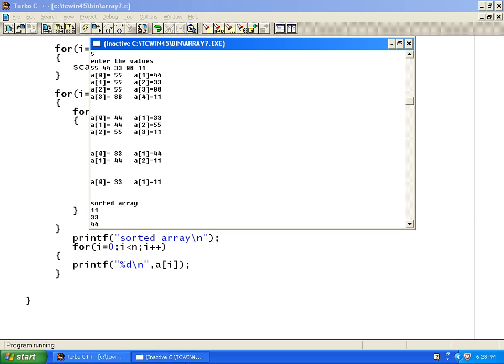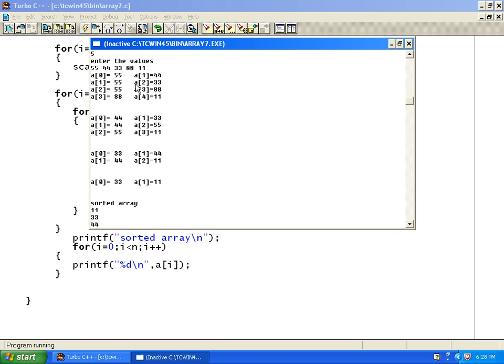So when the first time the loop got executed, i is 1. So for when i is equal to 1, the j loop executed 4 times. You can see the j loop executed 4 times. The first a of 0 is 55 and a of 1 is 44. In this if condition, a of 0 is greater than a of 1. So they get exchanged and then you can see a of 1 here is 44, but after the if block they got exchanged and a of 1 became 55. So 44 goes to a of 0, but I have not shown that here. In the next loop, a of 1 becomes 55 here and a of 2 is 33.